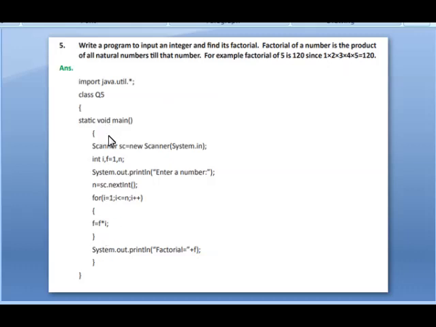First start the value of f as 1. The initial value of f is 1, and we have to give the value of n, whether it is 100, 200, 1000 or whatever it may be. It will repeat up to that number. Then f is equal to f into i. Okay, then we print the factorial value here. So students, this is the end of this chapter. You have to learn all the question answers, programs, and the outputs of the program segments.